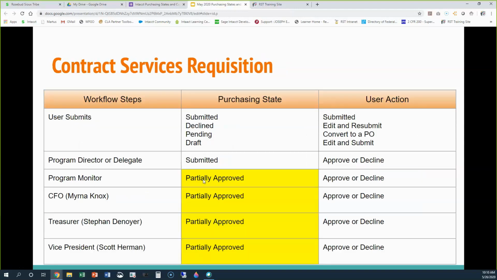Contract services requisitions are a lot different. The user stuff never changes. Those are the states we'll see, whether they've submitted it, had a request declined, it's been fully approved, so it's pending, or they've saved it as a draft. So that document, if it says submitted, meaning it's gone to the program director or their delegate, these are all things waiting for the program director to approve